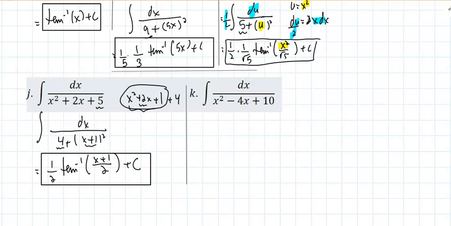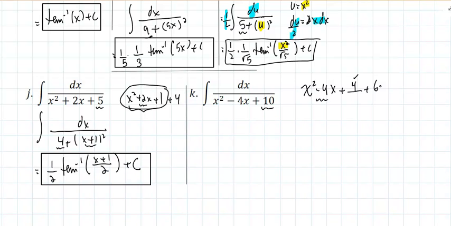And if I look at the last problem, the same deal happens. I'm looking at x squared minus 4x, and I'm thinking, what do you add to this? Well, half of this squared. Half of 4 is 2. Squared is a 4. If I have a 10 and I borrowed a 4 out of it, wouldn't I have